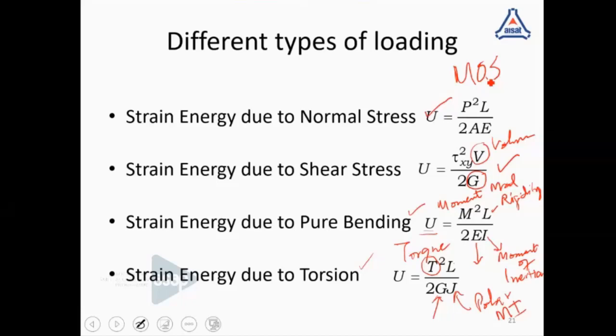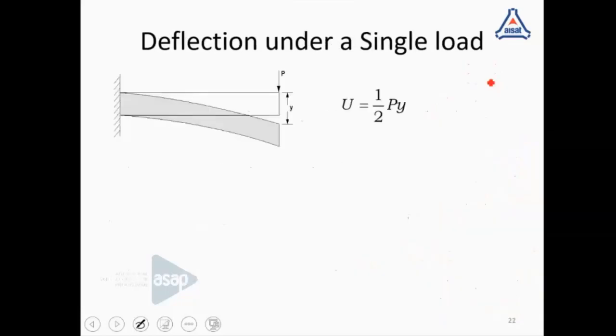How can the deflection be determined using the strain energy method? That is deflection under a single load. The single load can be a loading like this, a point load applied on a